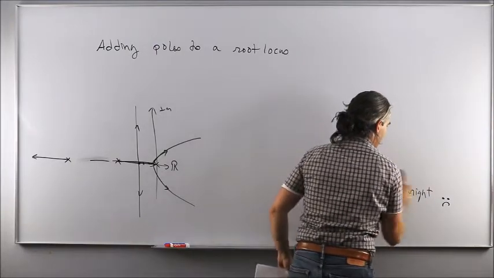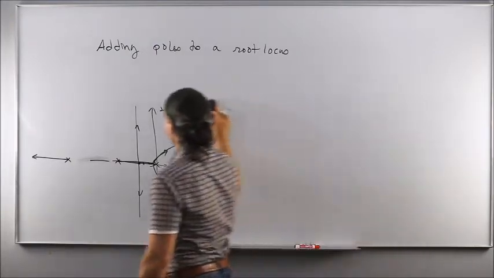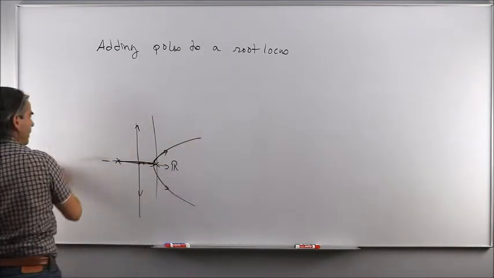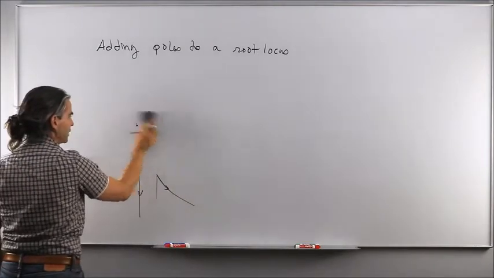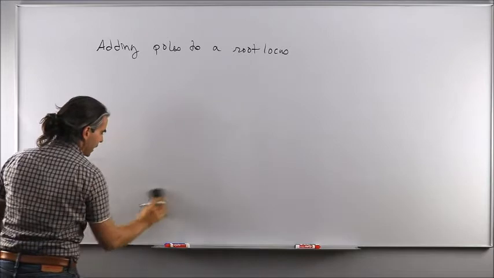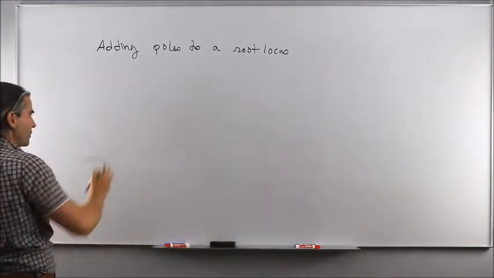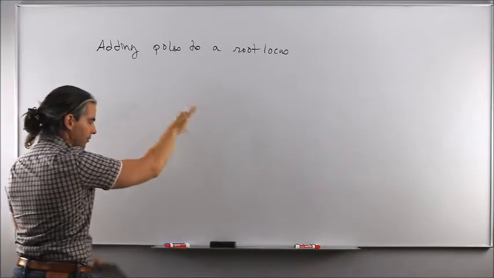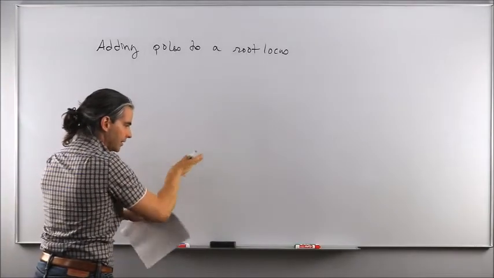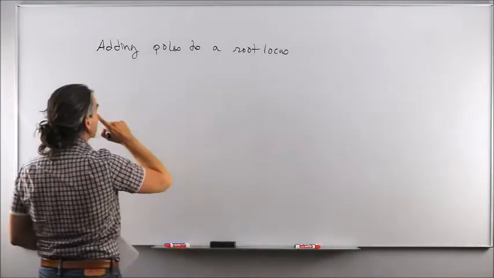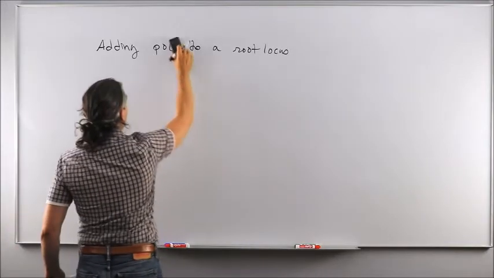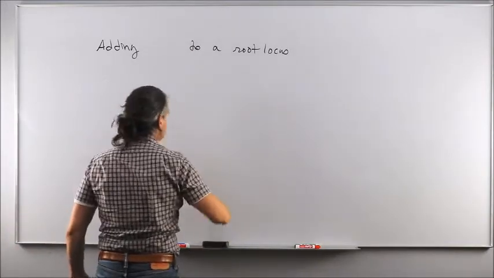Okay? It just makes things less stable because we're pushing things to the right by shifting the intersection of our asymptotes with the real axis to the right. And also, we're bending the branches or the asymptotes further down and making things easier to fly off to the right. But what about adding zeros